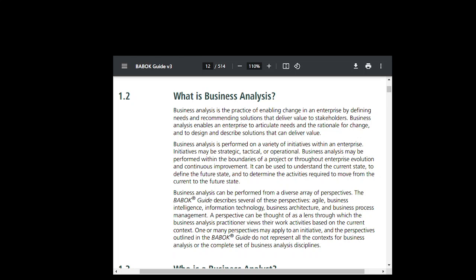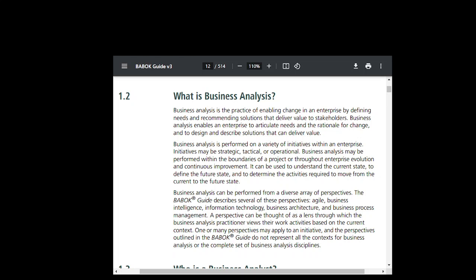So your work is to enable it. Try to make them see the reason why they need this. Lead them to see, we need to realize that they need this and agree that they need it, or else who would test? It will be frustrating. So business analysis is a practice of enabling change in an enterprise by defining the needs